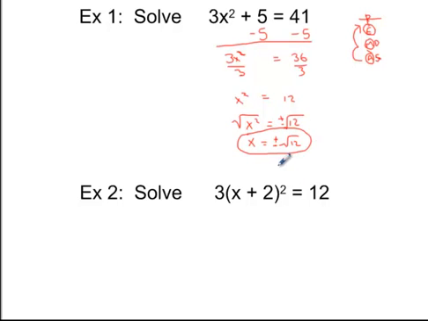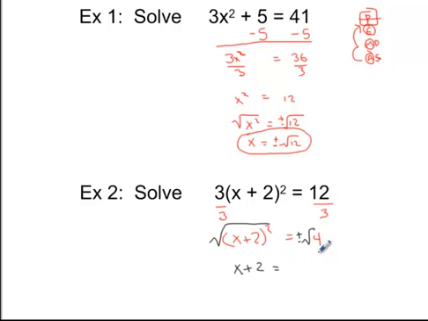Alright, next one. Following this reverse order of operations, I've got division and I've got a square root. Then I'm going to do the subtraction. Why? Because that's actually inside the parentheses, so I have to wait till last on that one. So divide both sides by 3, and I get x plus 2 squared is equal to 4. Take the square root of both sides, put the plus or minus because you took a square root to cancel out a square, and now we have